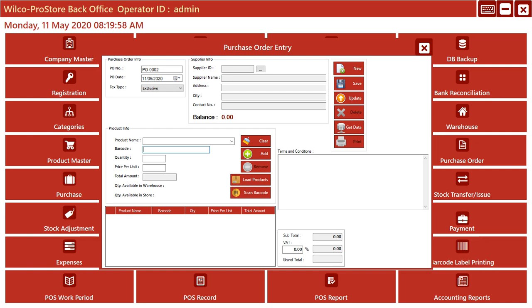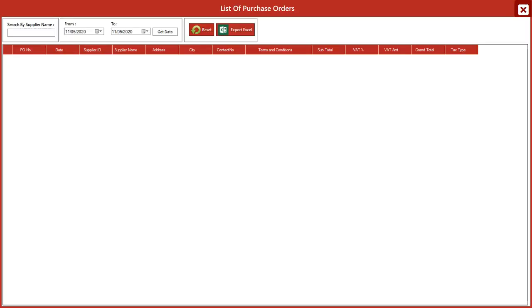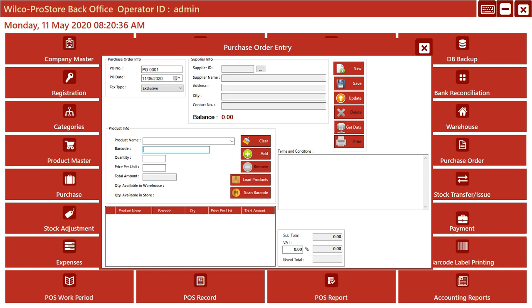Now, also you can delete. If you want to delete this record, probably you are not buying it anymore from them and you don't want to keep it under your purchase history, just not to create a duplicate for another supplier, you can delete the record, and automatically the record will be deleted. If you go back to get data, there is no record anymore, because I entered one purchase order under this place, which is fine. But I just want you to understand that